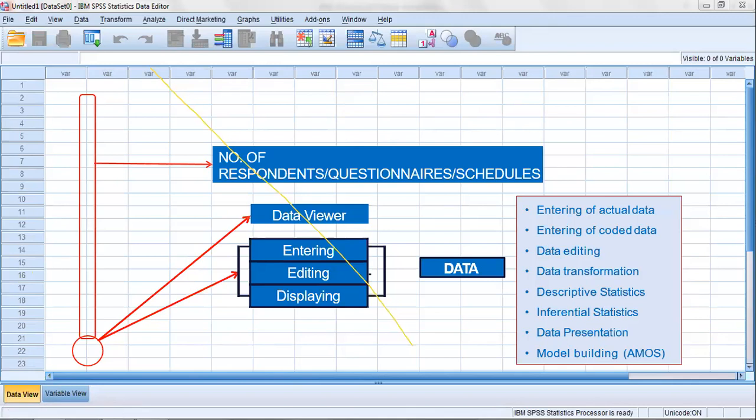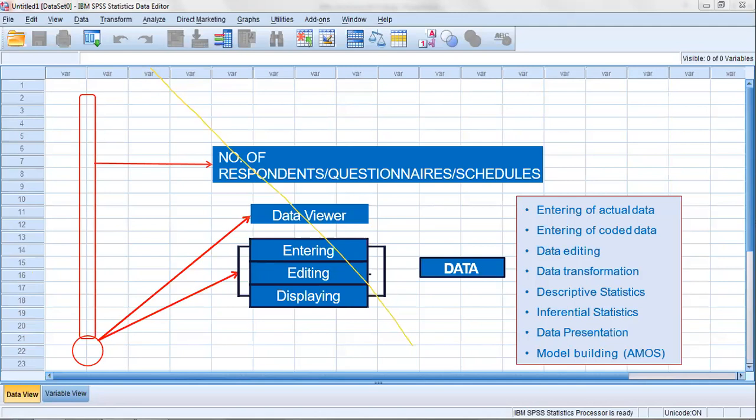Next, see, you can see on the top of each column it is written VAR. VAR stands for variable. And on the left side, at the head of each row, the numbers 1, 2, 3, 4, 5 are given. They show each respondent, or each questionnaire, or it is called each schedule.